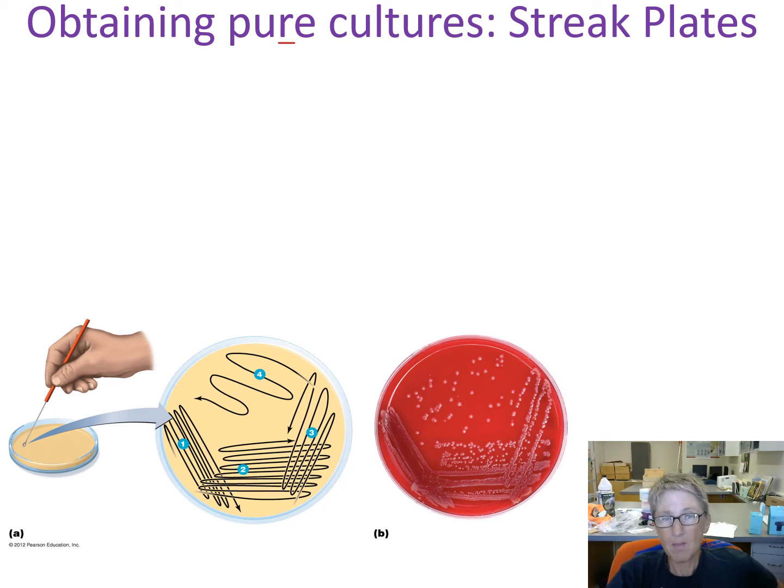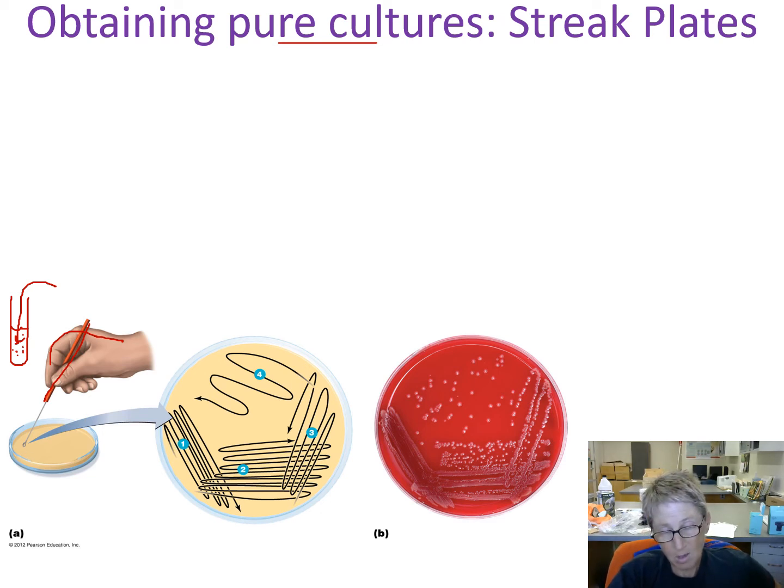So how do you obtain these pure cultures? You do a streak plate. Here's your hand, here's the inoculating loop. You've got your test tube here with the suspected pathogen in it. You take your inoculating loop after you've sterilized it in a flame, and then you let it cool. Then you dip your inoculating loop in and collect a sample of the specimen of interest,